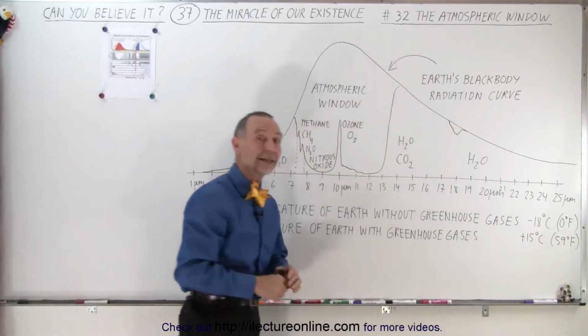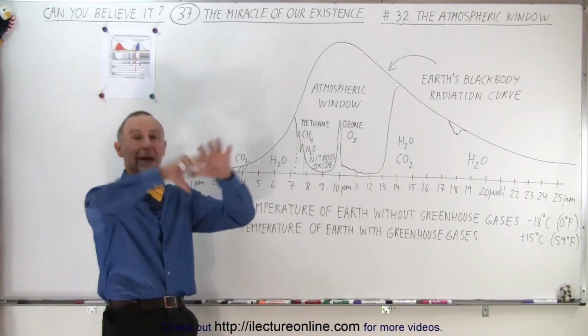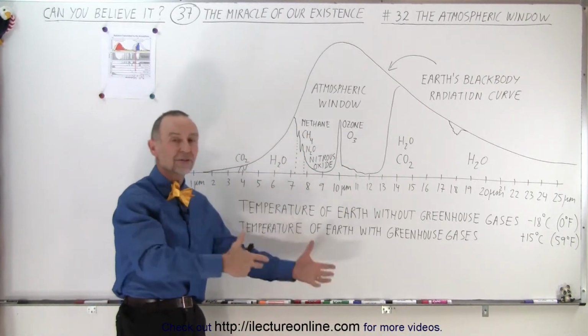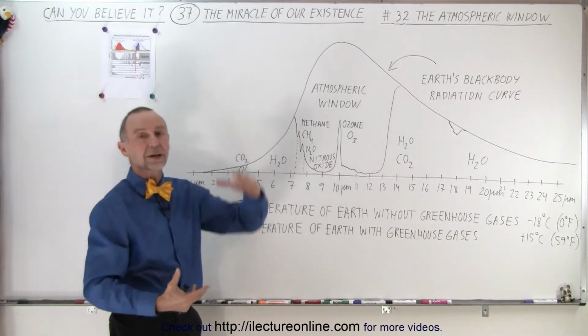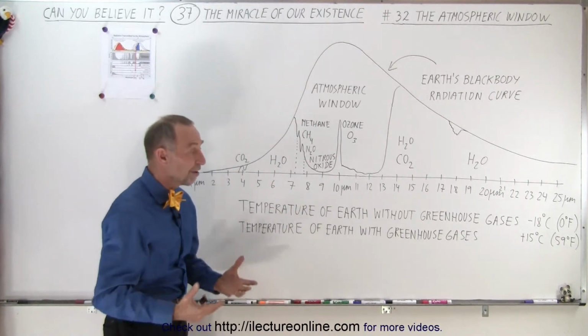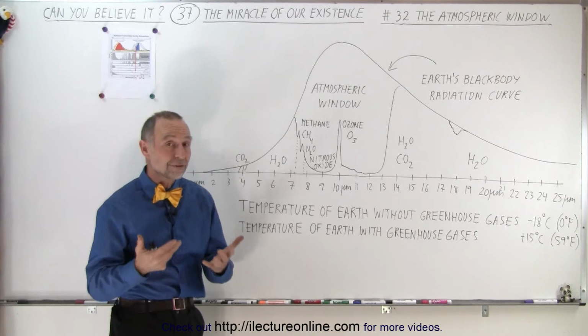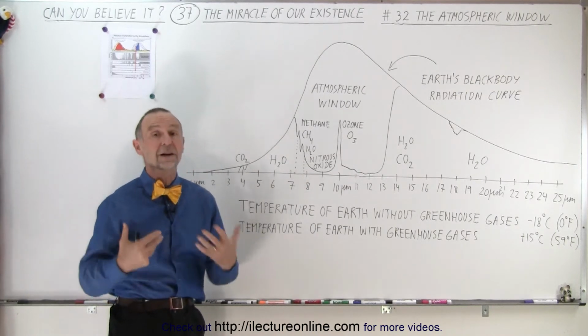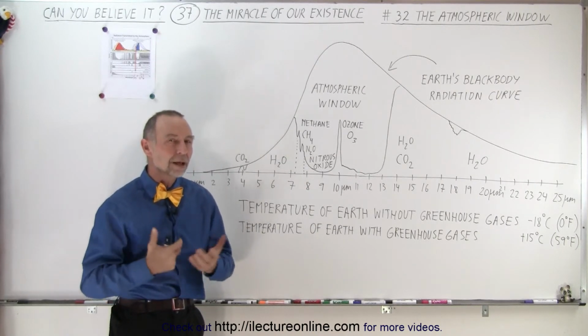59 degrees Fahrenheit. Now, that's the average day and night around the entire world, including the deserts, the regions around the equator, the polar regions, all averaged together 59 degrees Fahrenheit or 15 degrees Celsius, which is a very comfortable temperature for life. How does it do that?